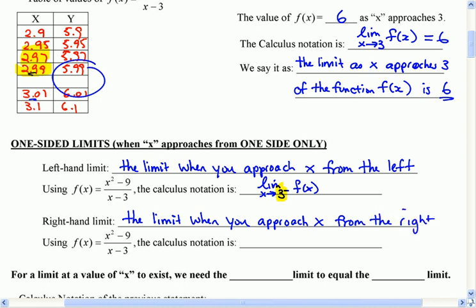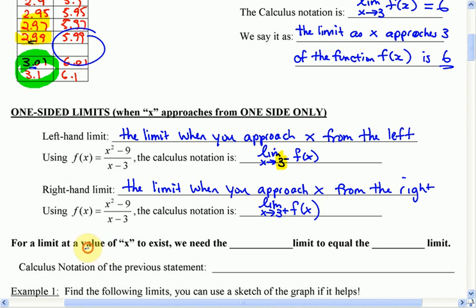In this particular example, from the right would be these values, 3.01. And to show you the notation for the limit, it'd be the limit as x approaches 3, and you put a plus sign, f of x. Okay. Now we have these one-sided limits from the left and from the right, but in order for a limit